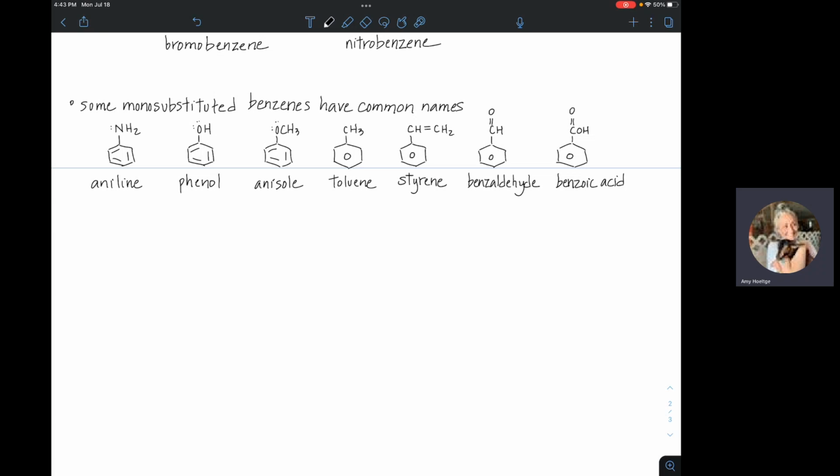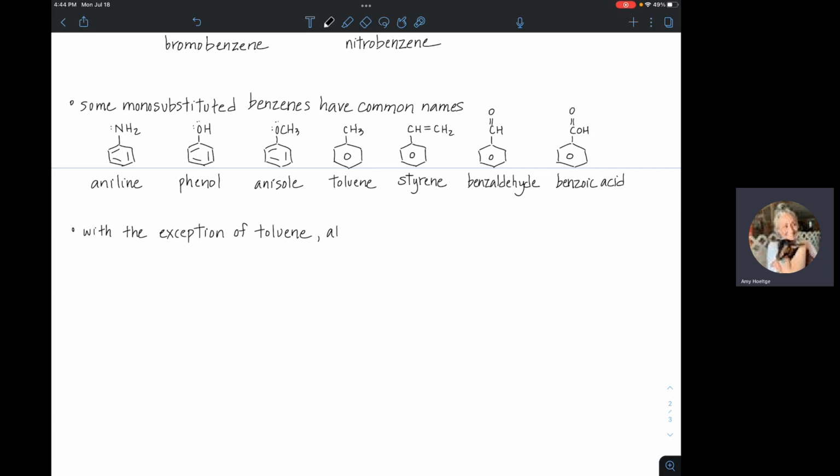So with the exception of toluene, your alkyl substituents, if you have an ethyl group or a tert-butyl group or something like that on the ring. With the exception of toluene, so a methyl substituted benzene, because we refer to that as toluene, if you have an alkyl substituent, you're